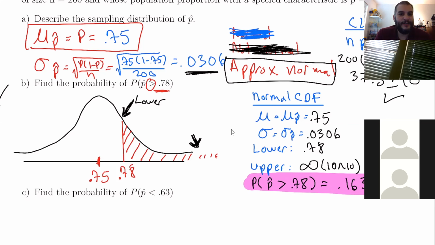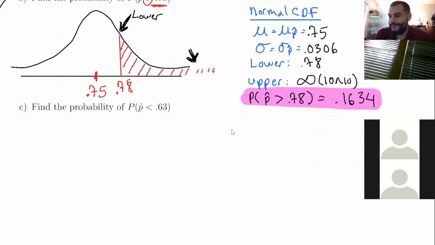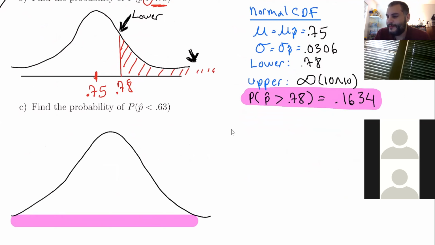Any question in regard to part B? Okay, so let's move on. Let's do part C. So part C, same thing. We're gonna do the drawing. We're gonna see how we should enter that into normal CDF, and then we're gonna go on from there. So let's do the drawing. So the middle should be